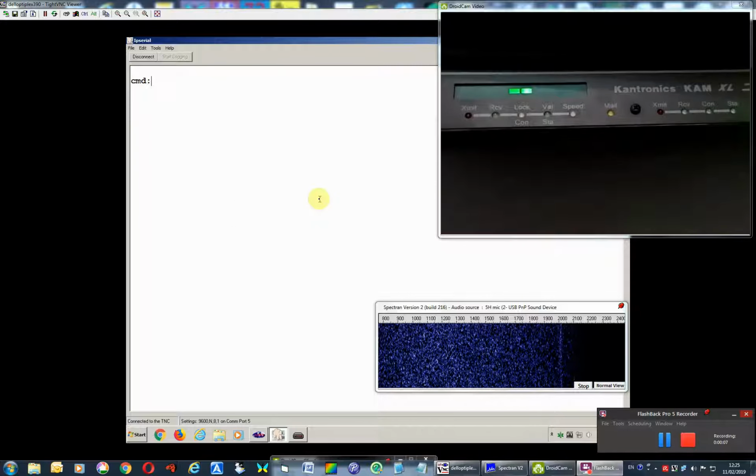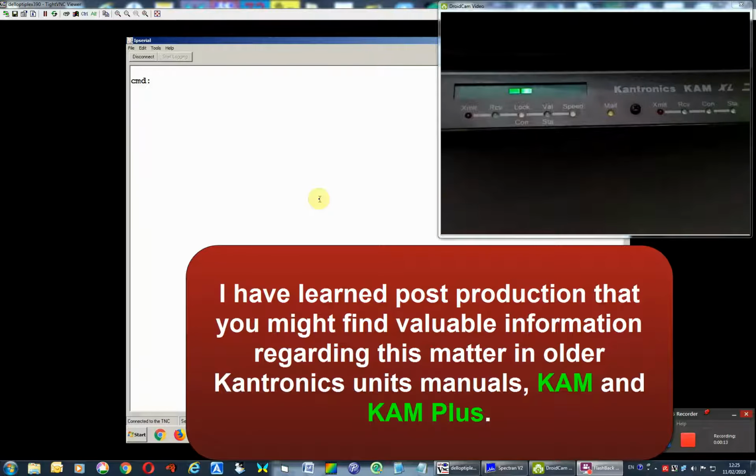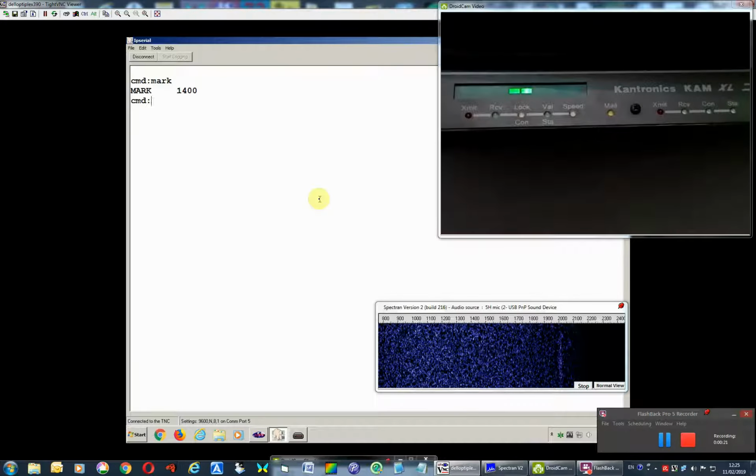They say the mark and space commands do not affect the packet side of the HF port. But I found out that it does exactly the opposite. So we have mark 1400 Hertz, space 1600 Hertz, right? So if I go into unproto now and start transmitting,